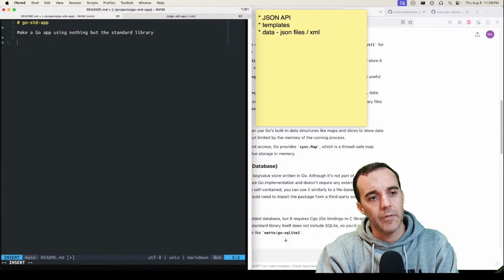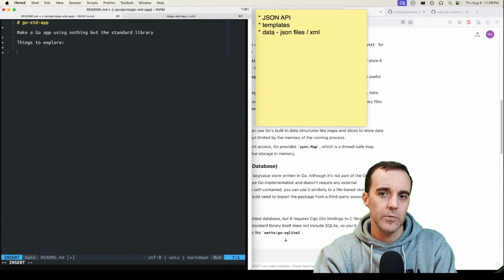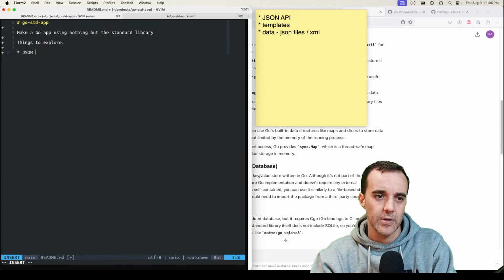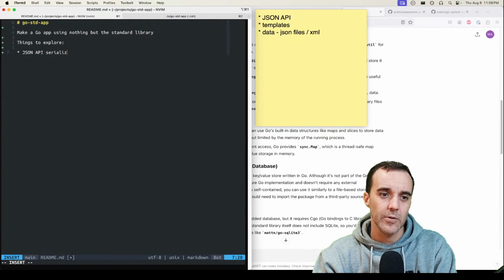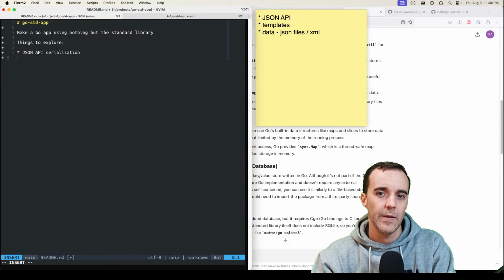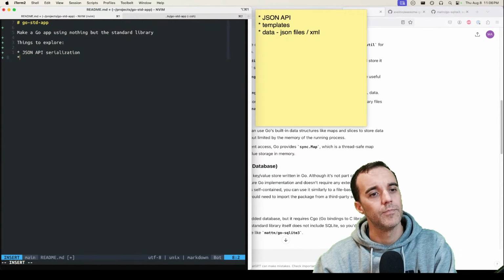So things to explore. We want to do JSON APIs. How do we do that easily? JSON, specifically JSON API serialization. And then templates, HTML templates.